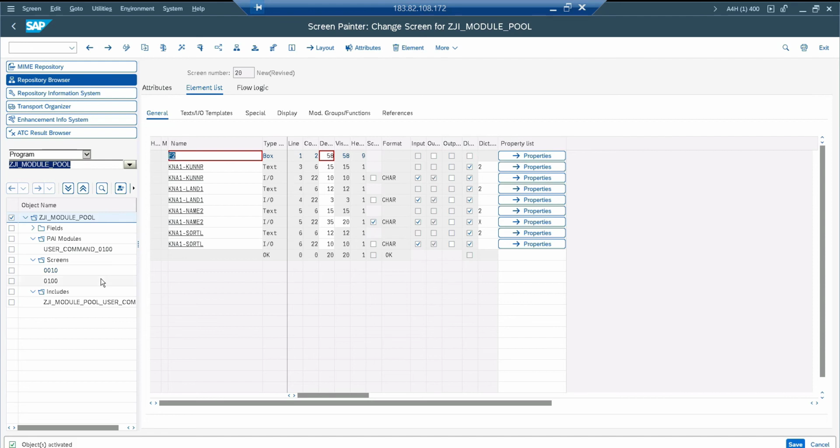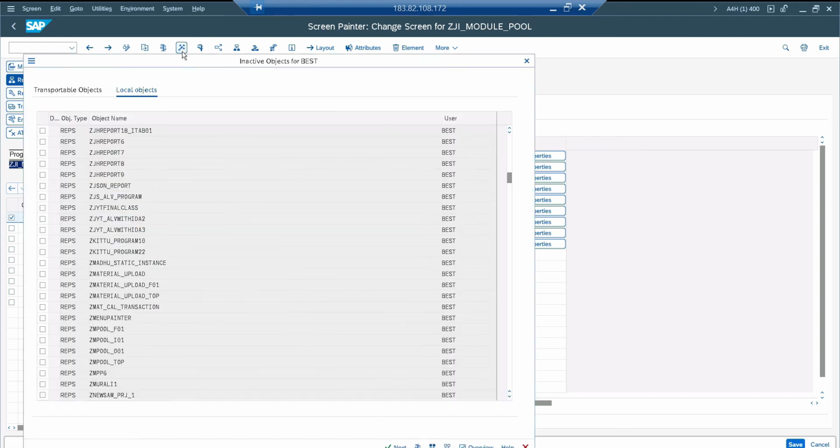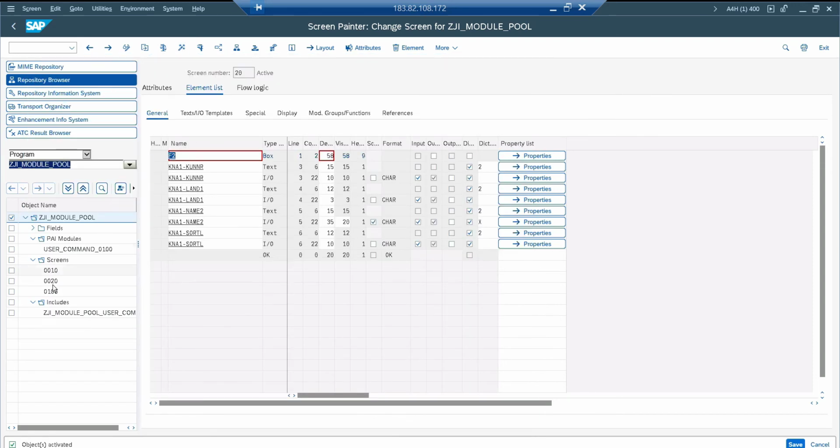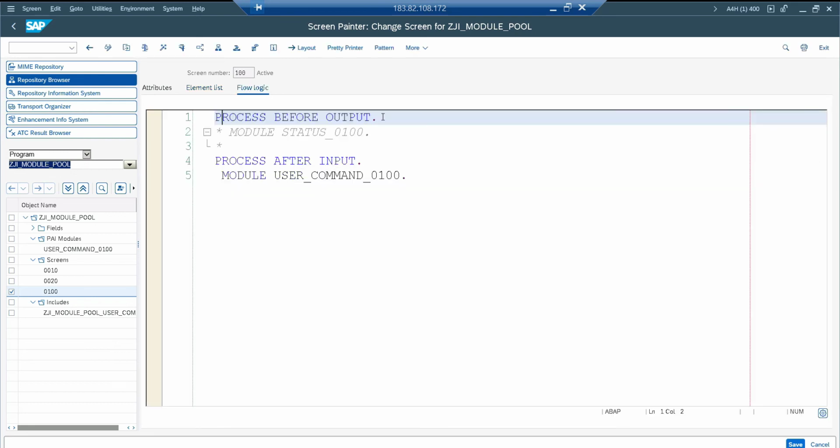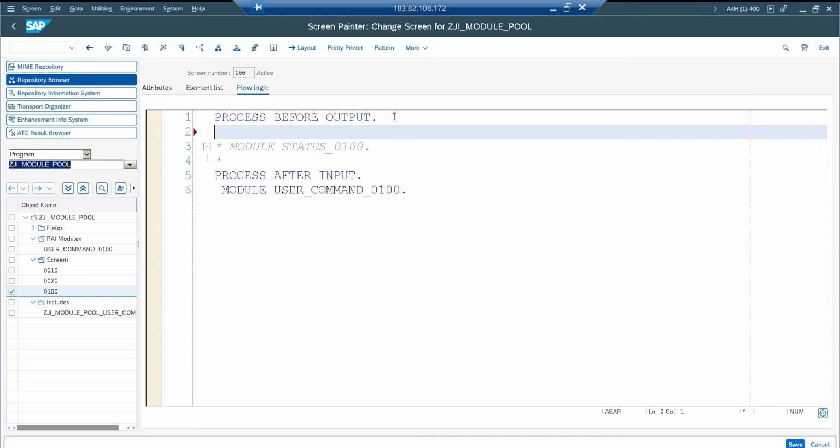Step 3, I need to map my subscreens to the subscreen area using a syntax. So this is not a drag and drop job. So go to the main screen in SE51. Go to the SE51 transaction and go to the main screen flow logic. So here under the PBO, not inside the module, under the PBO, I'm going to use a syntax called CALL SUBSCREEN S1 INCLUDING, SY-REPID. This is nothing but the program name, since the program names are the same, so I use this REPID, single quotes 10,